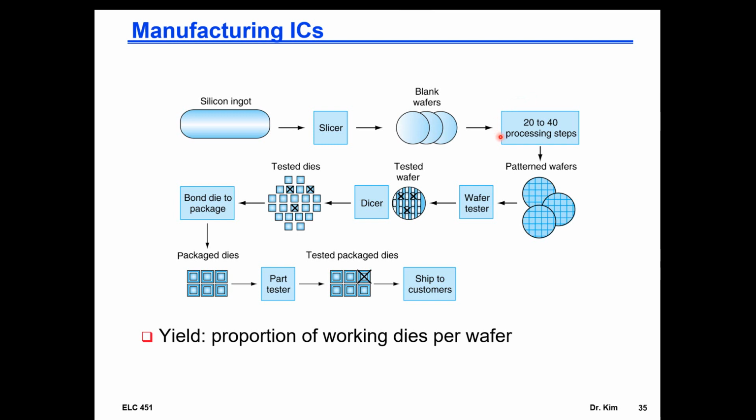And all these 20 to 40 processing steps, that's what is challenging and advanced. It has to be done this way because of the dimensions and the geometries. You cannot have any type of impurity or any type of pollution, essentially. So this fabrication is done in very high class clean rooms, and they can be, just to give you an idea, from 10 to 100 times cleaner, in the sense of the lack of particles, than an operating room. So much cleaner than an operating room, and that's where these 20 to 40 processing steps take place on top of the wafer and also below the surface of the silicon wafer, and you get